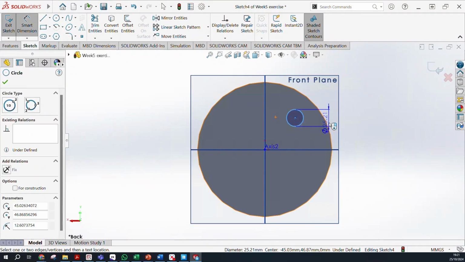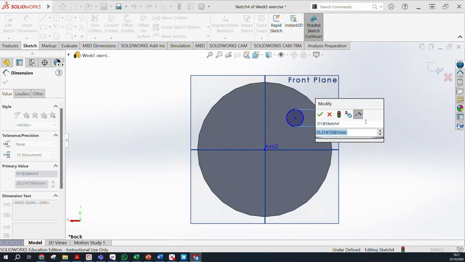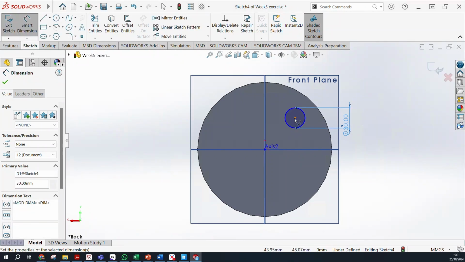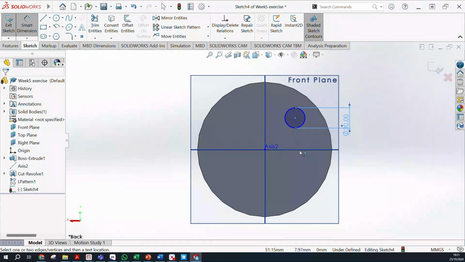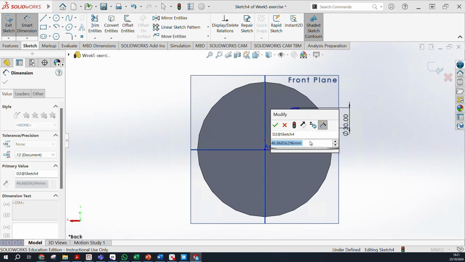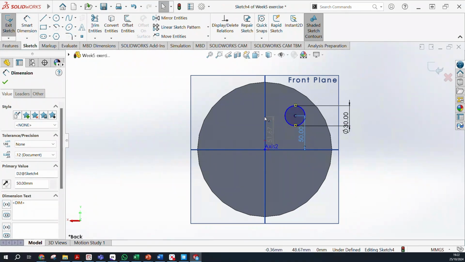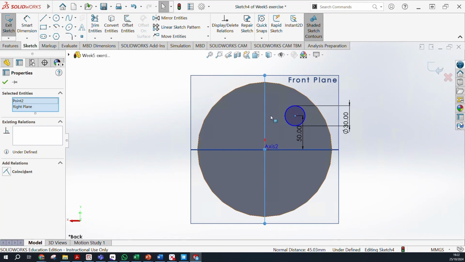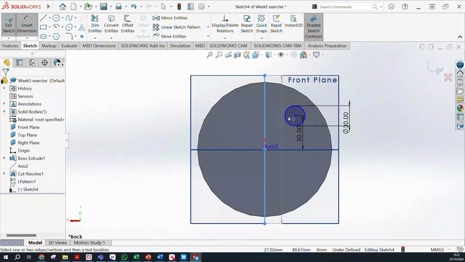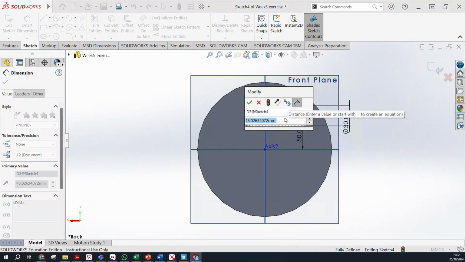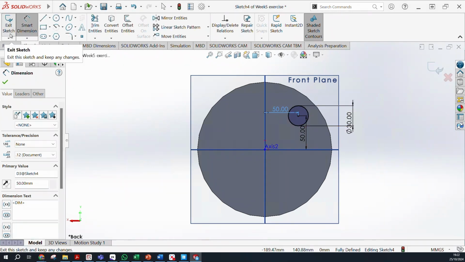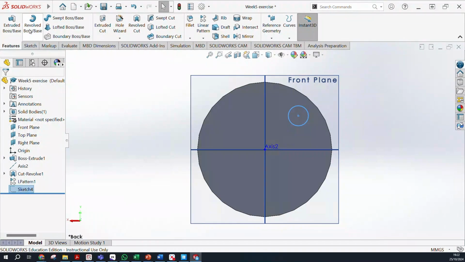Should be 30. Distance from here. Here is 50, and distance from here till here is 50 as well, like that, 30, 50 and 50, and then I select exit sketch, I go features, and then I will do